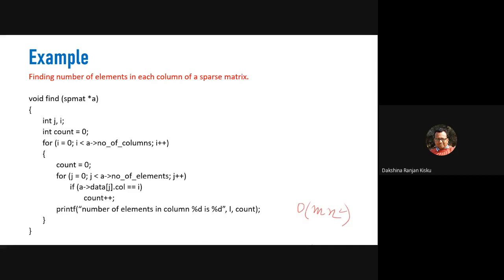Now can we improve this algorithm, or this function definition, so that we can have the time complexity order of mn, which is less than order of mn square?